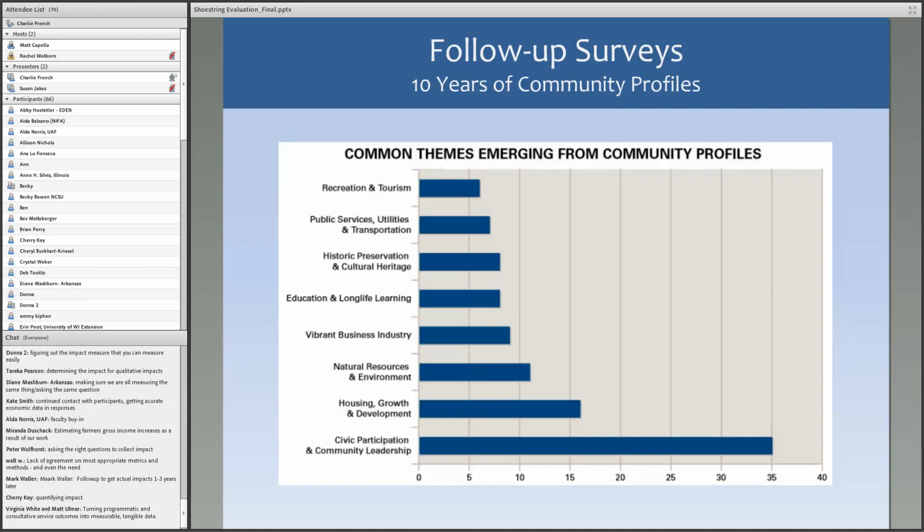So we oftentimes incorporate some generic questions into those surveys, so we have some data on all the communities that we work with, but we also tailor some of the questions for the specific community, because the community visioning process itself identifies what some of the projects are. So we may ask specific questions that gauge people's perceptions about the outcomes related to that project.